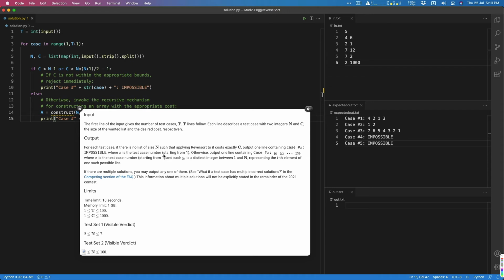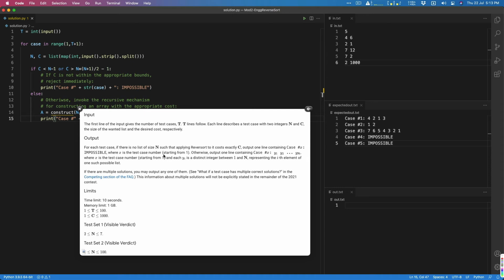Although I would recommend writing down a function that computes the cost of reverse sorting an array. You have probably already done this if you have solved the previous problem. So you could use that function as a way to sanity check your own answers. So once you're producing an array, just use this function to compute its cost and see if it matches the expected cost, rather than trying to do character by character comparison with the expected output, especially if it doesn't